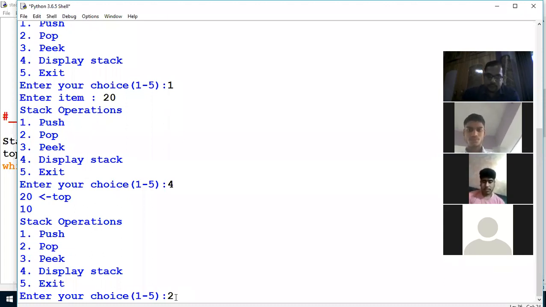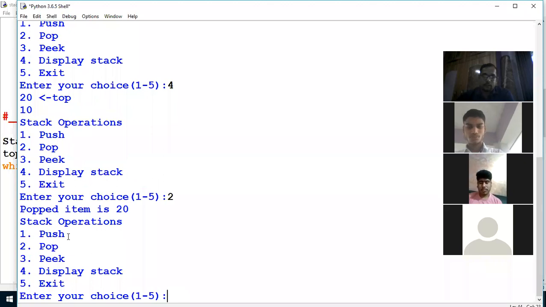Once you select choice number 2, it will remove the top element. That means popped item is 20. Automatically it will remove 20 because 20 is stored at the top of the stack. Means the stack always removes the last element which you have inserted.